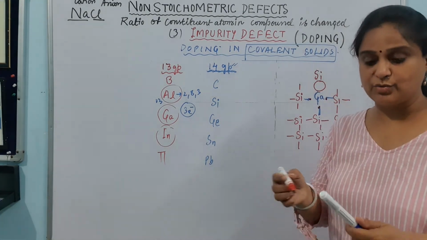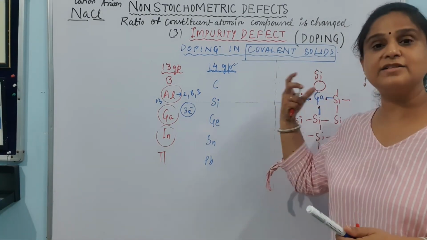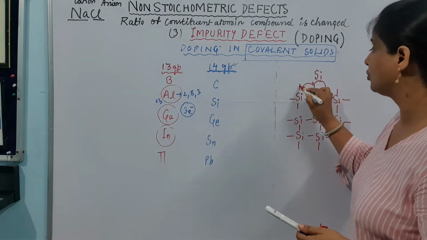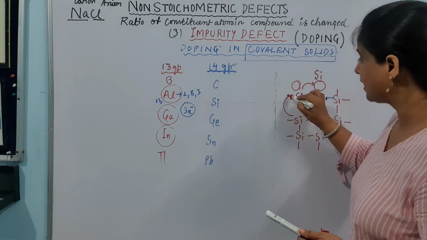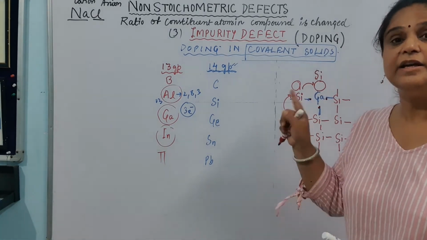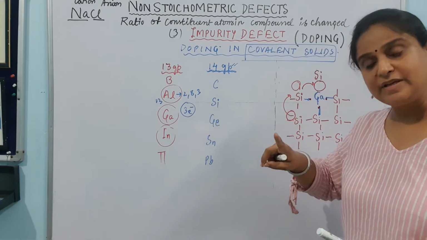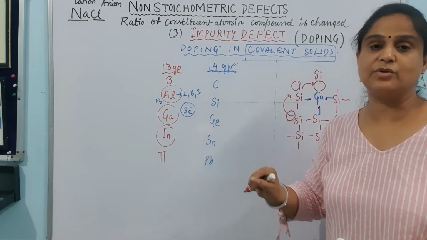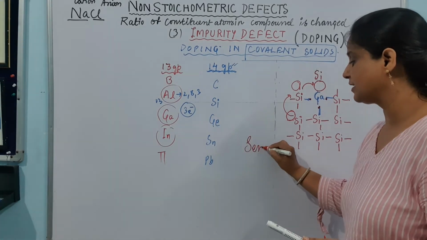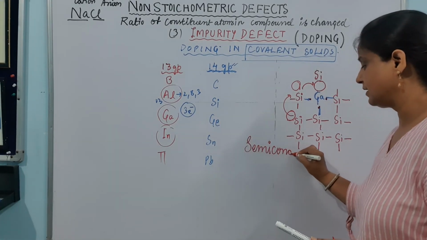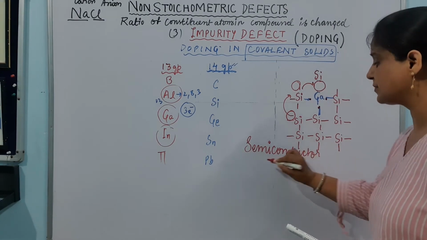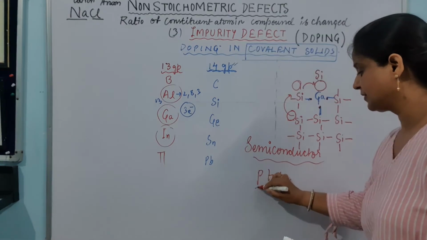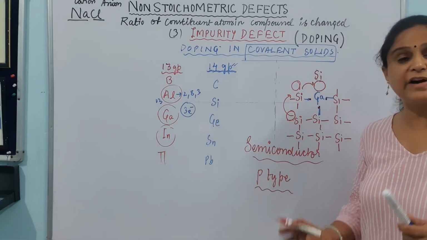अब जब hole create हुआ है, तो from the other side this hole will take the electron. And जब यहाँ से electron जाएगा, तो hole will be created here. जब यहाँ से यहाँ electron आएगा, तो hole will be created here. Means the electron is moving. That means this crystal will become a conductor of electricity. That is why it is called a semiconductor. क्या बन गया हमारा? Semiconductor. And which type of semiconductor is it? It is a p-type semiconductor. Why am I calling this p-type?